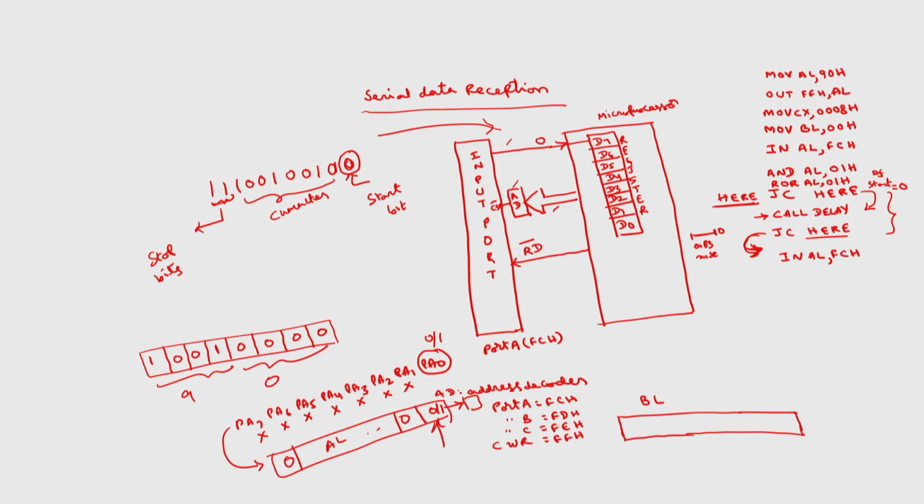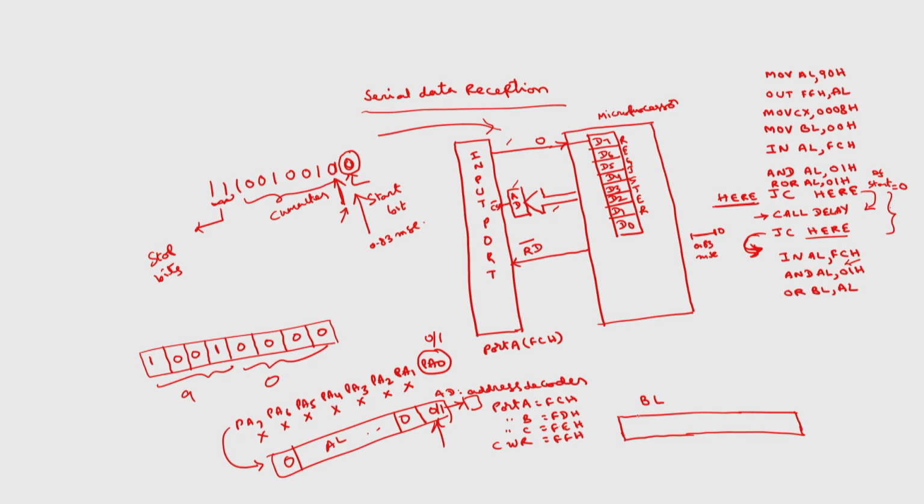Okay. So, the second bit that should be received will be this. I have kept the start bit for 0.83 milliseconds. After that, the bit received will be the next bit, which is the first bit of the character. So, that I will AND with 01H, so that the last bit remains whatever the received bit is. If the received bit is 0, the last bit becomes 0 because we are ANDing. If the received bit is 1, the last bit is 1 because the last bit of this 01 will be 1. Okay. This I am going to OR with BL and I will store the result in BL itself.